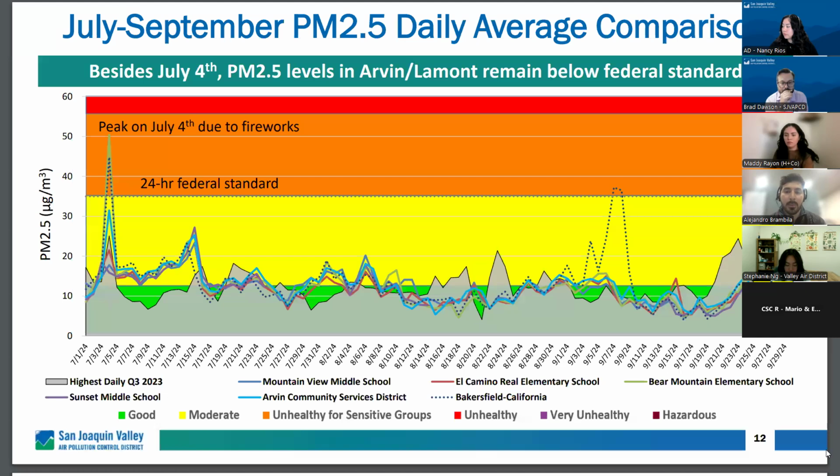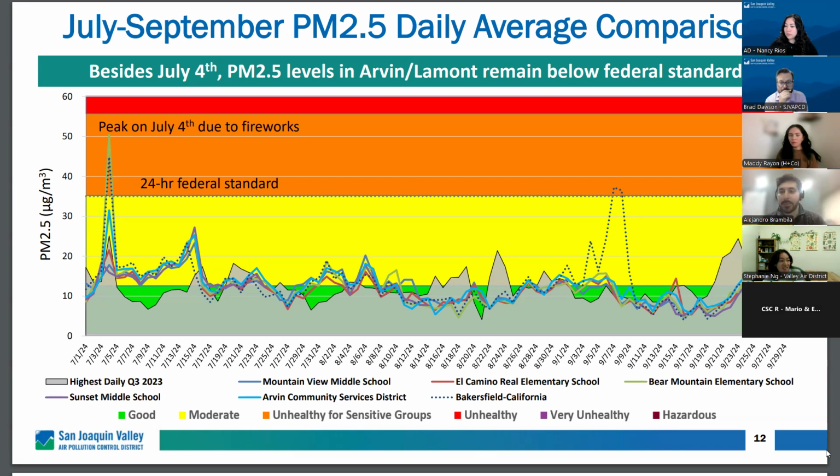So for comparison, we've also included a gray shadow area showing 2023's daily PM maximum values. The multicolored background in the graph represents the different RAN levels, that is the real-time air advisory network levels, to help show the different air quality